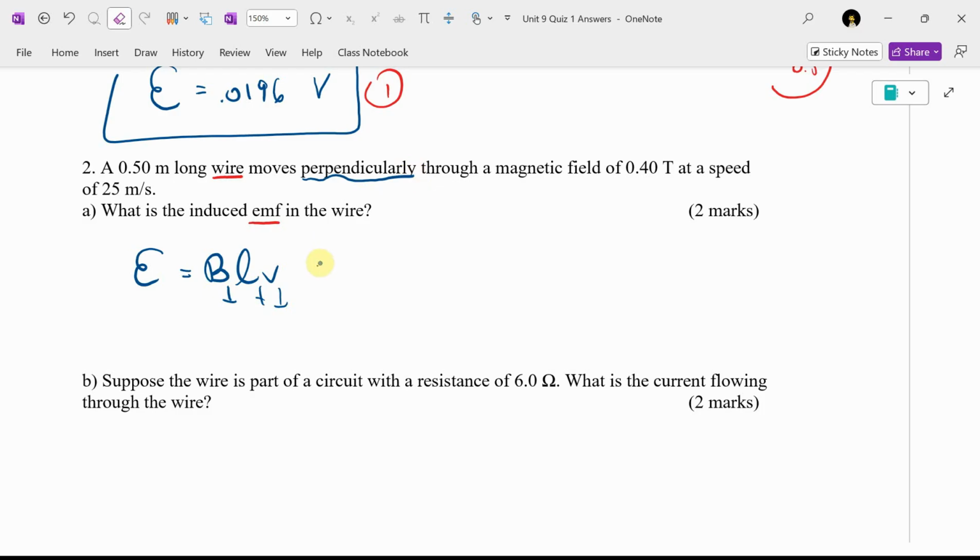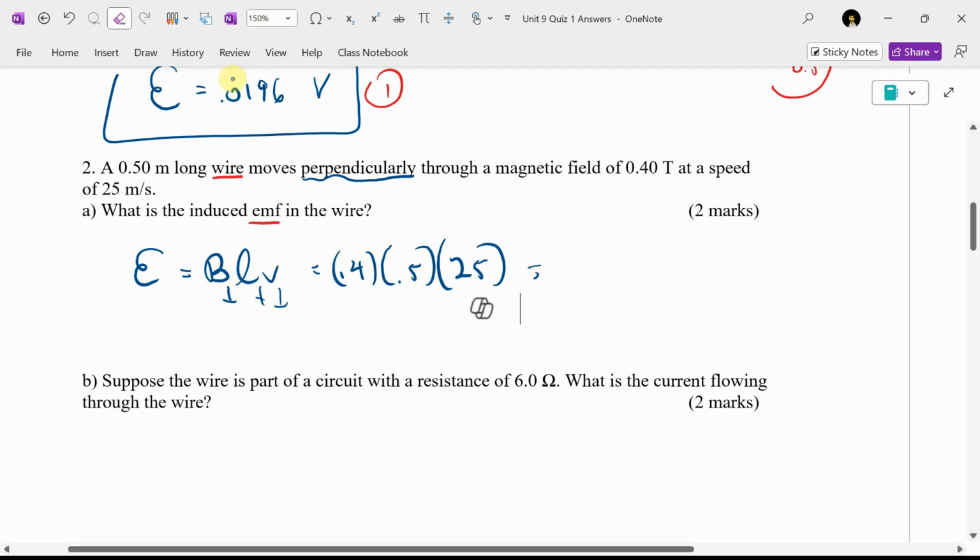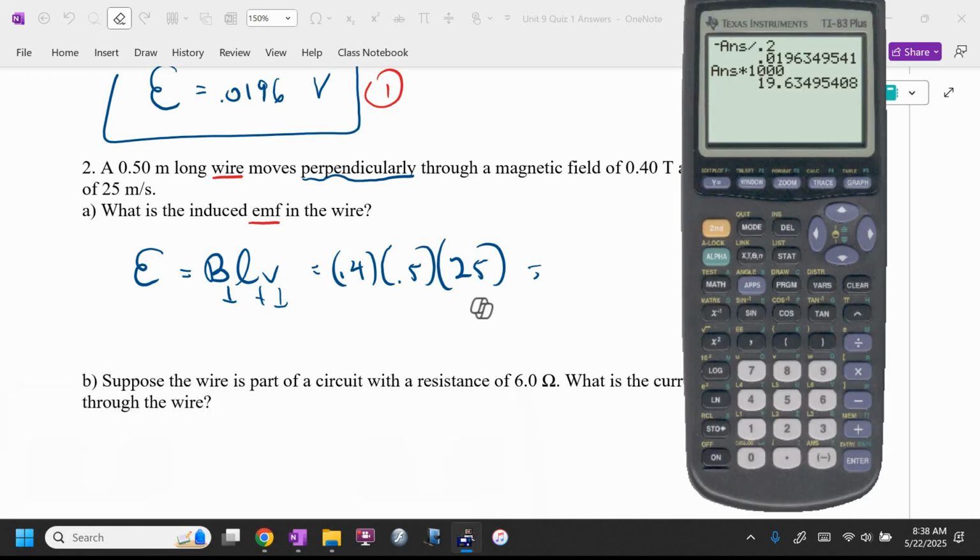This is good. So it's going to be the magnetic field, 0.4, pretty big magnetic field, L, 0.5, V, 25. This is straight plug and chug. As far as I'm concerned, Ragav, how many variables are there in this equation? Try again. 4. If I give you any 3, you can find the fourth. So you can get the B by itself, or the L by itself, or the V by itself, yes? In this case here, it's going to be 0.4 times 0.5 times 25, and I get